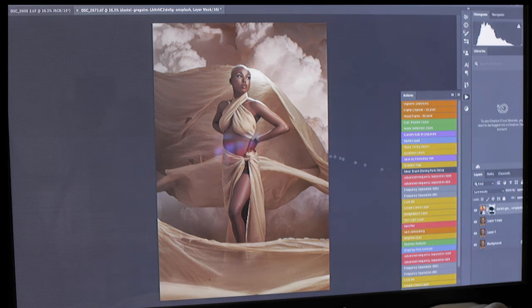So I would take my brush back, 20% flow and opacity. Pick a white brush. Right? So I'll brush even into the fabric to kind of show that from inside the fabric we can see